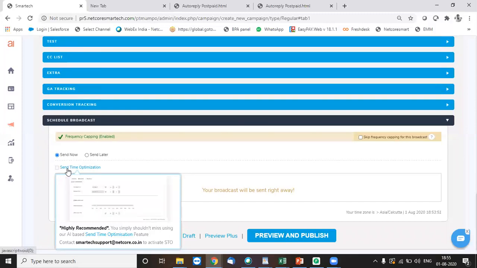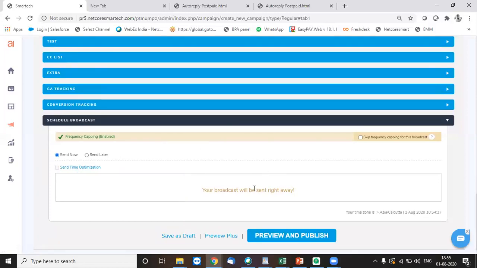For person A, it will go in the 8 to 9 p.m. slot, and for person B, it will go between 3 to 4 p.m. That is how we try to get the emailers placed in the top 4 or 5 mails of his inbox, which can attract his eyeballs so he can open the emails. That is the functionality of this feature, and it definitely works a lot in improving your engagement ratio.